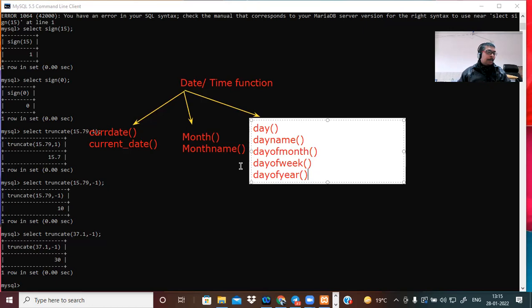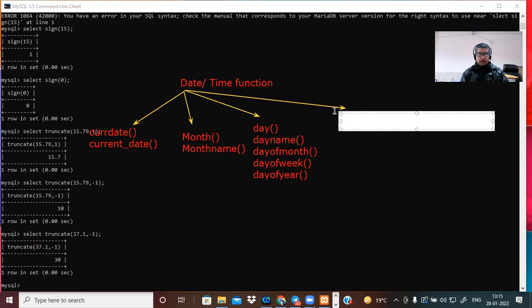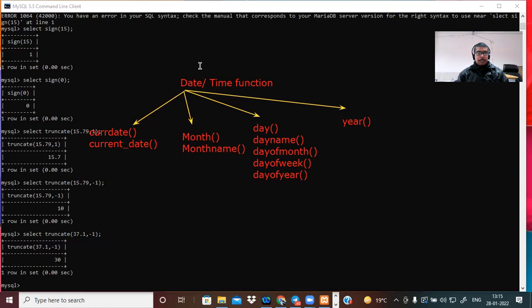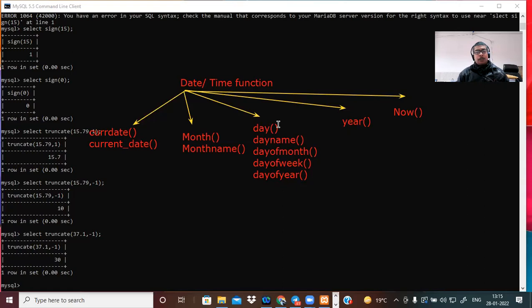And one more function, that is year, and the last one will be now. So let's see. We have the last, that is now. We will see each of them